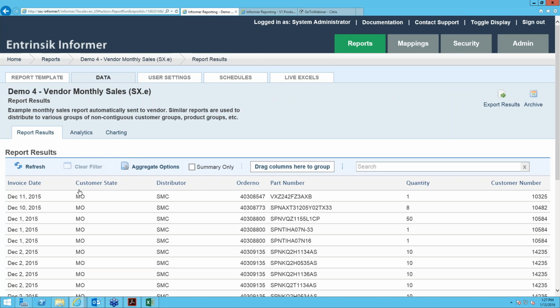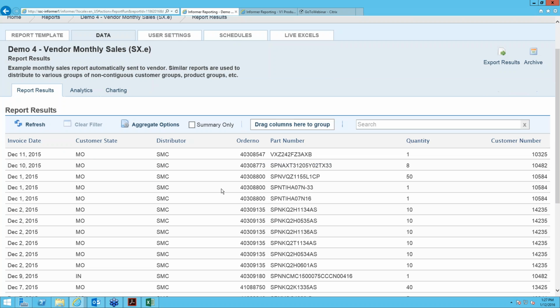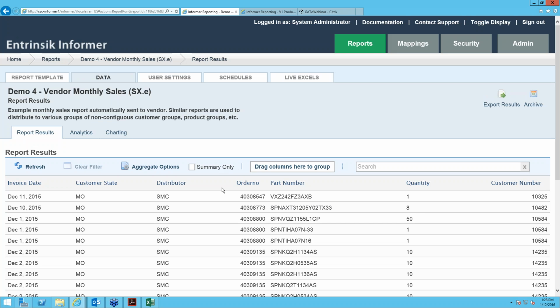And so here's an invoice date, the customer, the order number, part number, the quantity, and different vendors will have different requirements, or different groups of customers will have different requirements for the information that's displayed. So this will very often look very different for each one of those. But this is able to be distributed automatically without any effort on our part. And I'm just going to go through the place that we would